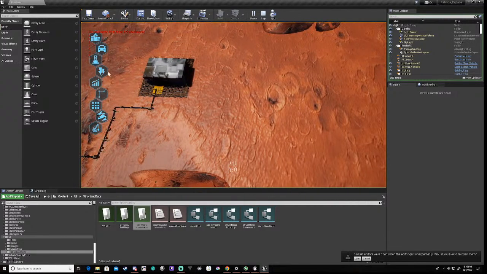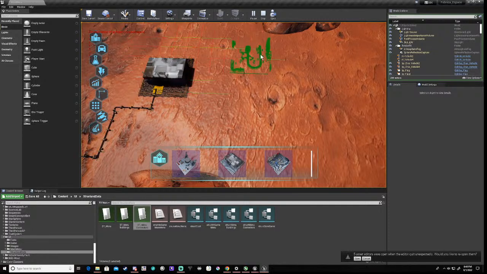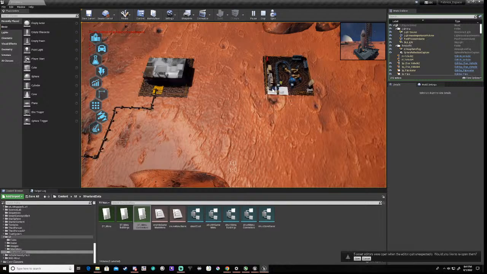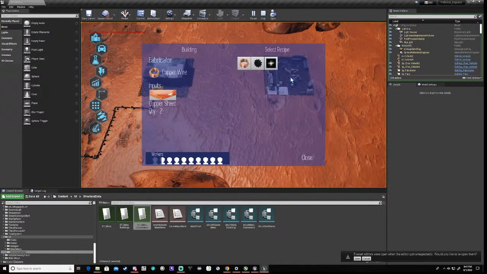And then what we can do is we can turn the sheets into something else. So we can build a fabricator. Okay. And once it becomes available, we shall rotate it. And we can make copper wire, widgets, or a new thing. Now we're going to make widgets because it takes 2 iron sheets,